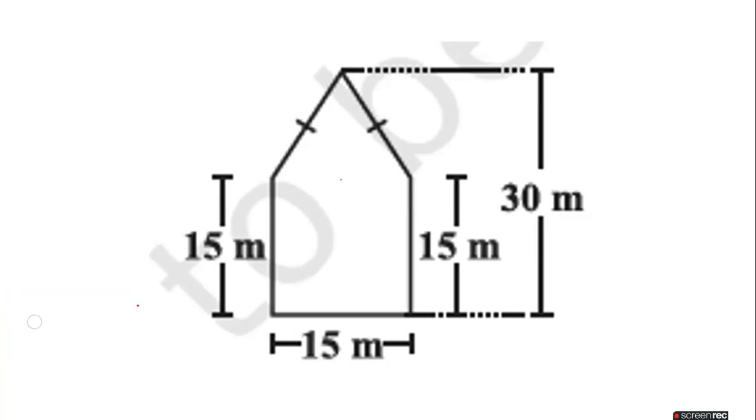Otherwise, now what we can do? Again, we can divide it in one square. We can divide it in two triangles again. See, the line is not drawn properly, but you can understand what I want to say. Okay, this is the first triangle, this is the second triangle, and this is the third triangle. Yes or no?